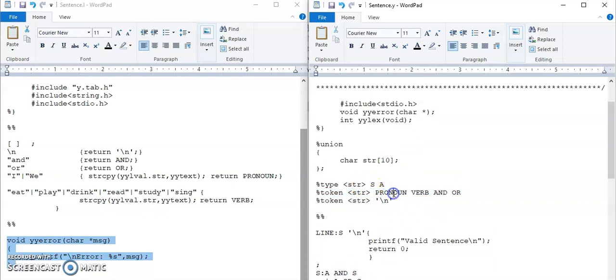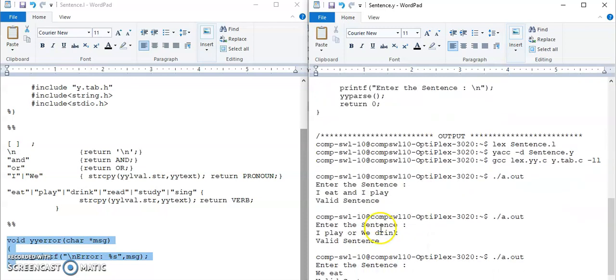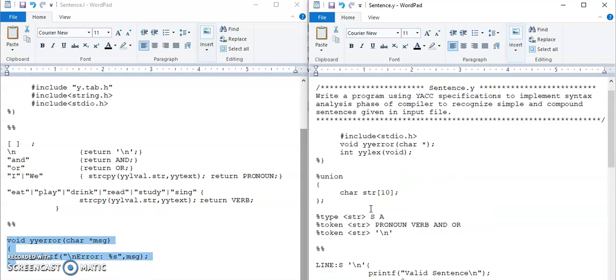Then whenever we type the input, the input in our case is nothing but a string. So that's why in the union we have char str[10], that is a character array whose name is str.